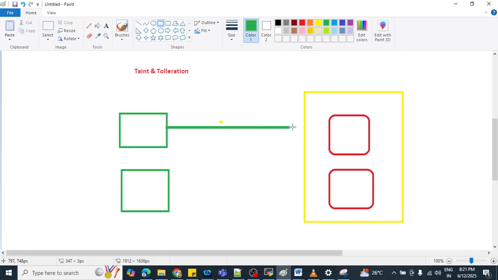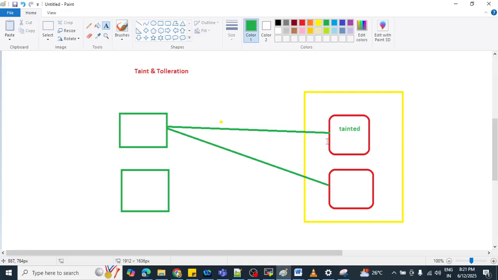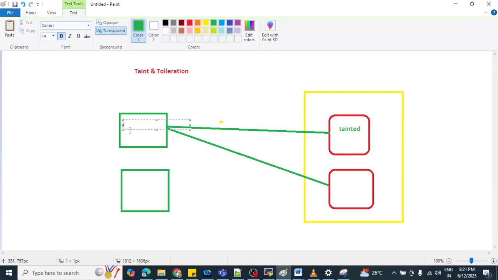If we want to schedule a pod on a tainted node, these are the tainted nodes, then this pod is only going to schedule on the tainted node if we apply toleration.